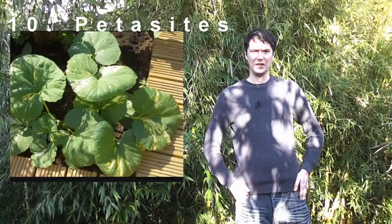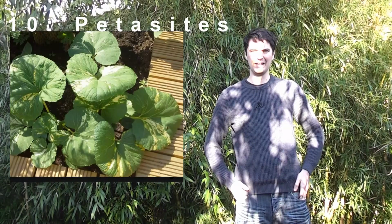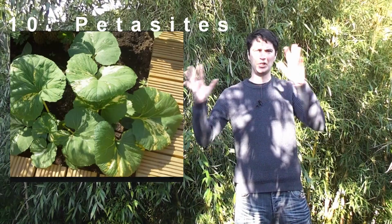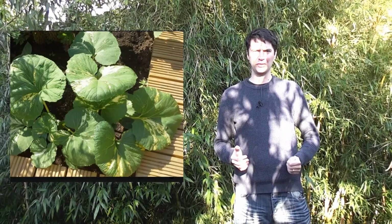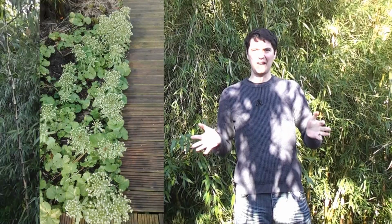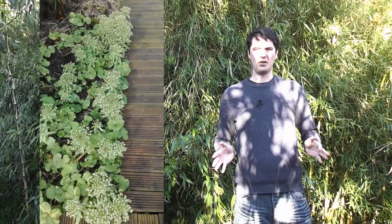Petasites is related to the common butterbur. It has big leaves, or mat leaves, that get a rounded shape. They can be variegated. It can be yellows and whites as well as green. These are very hardy plants, have sort of daisy-like flowers, but the big disadvantage of this plant, and why it's number 10,